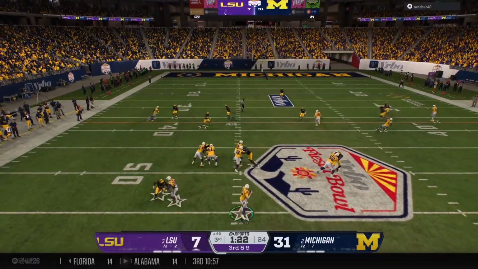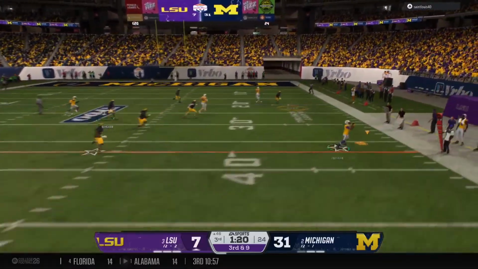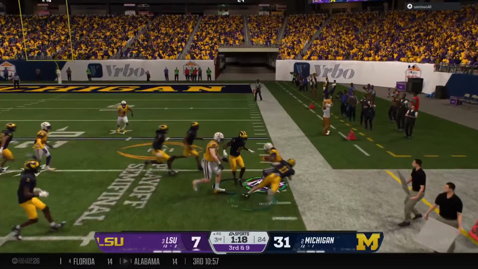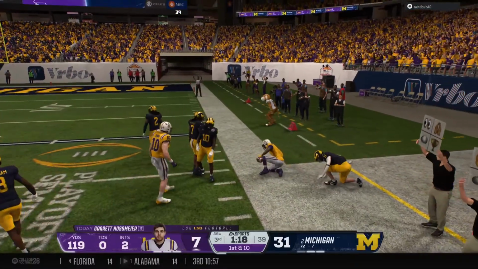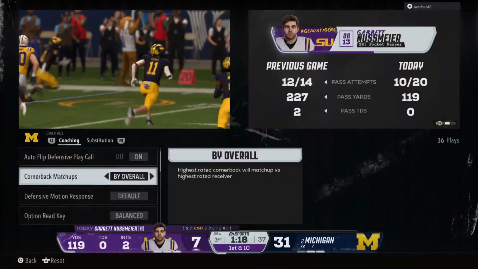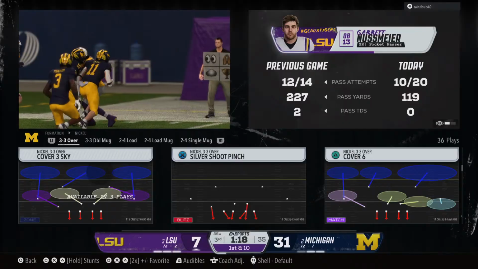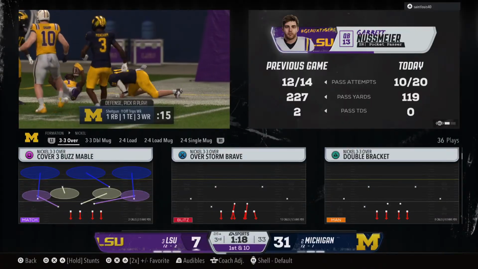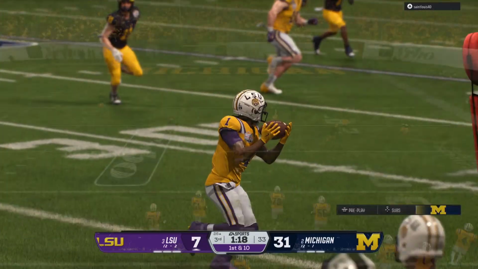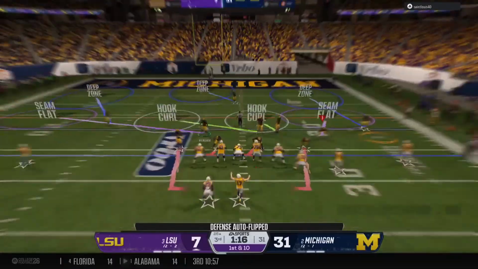Drops back, looking to throw for it on third down. Receiver hauls it in, nobody in the neighborhood. Heads out of bounds after a solid gain. Good job by this offensive line and a great throw by the quarterback to get that first down there on third down. That's exactly what they needed to do.